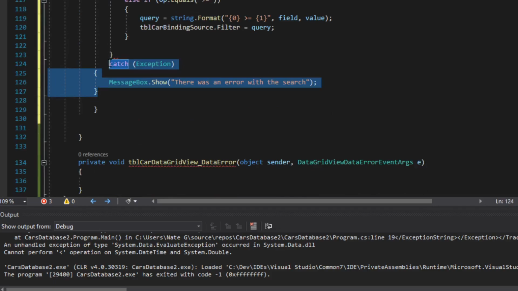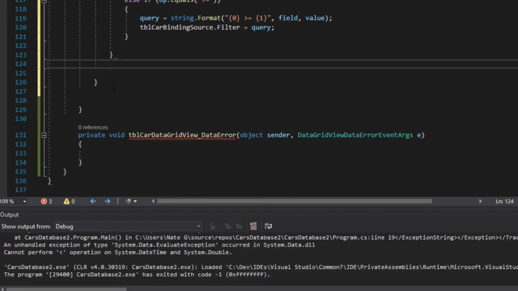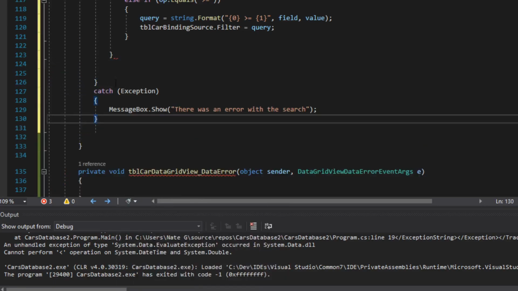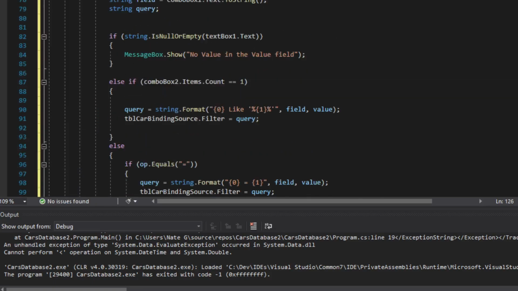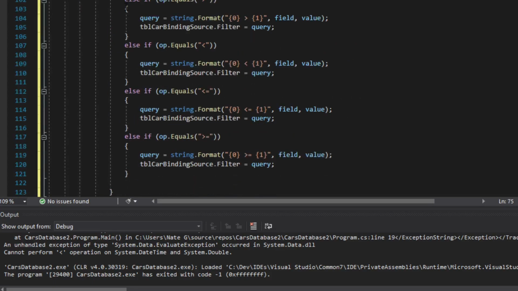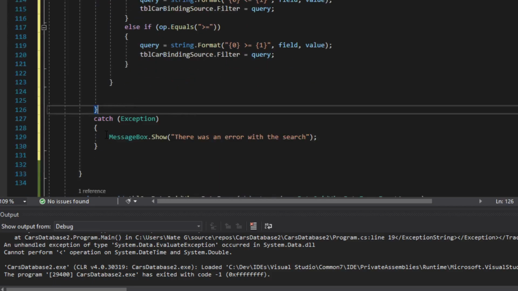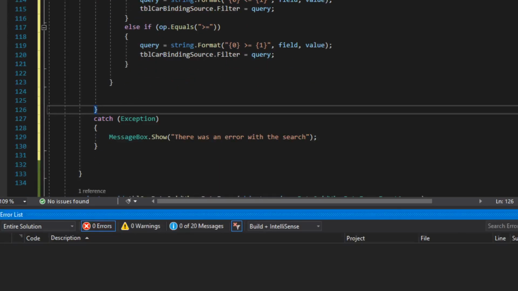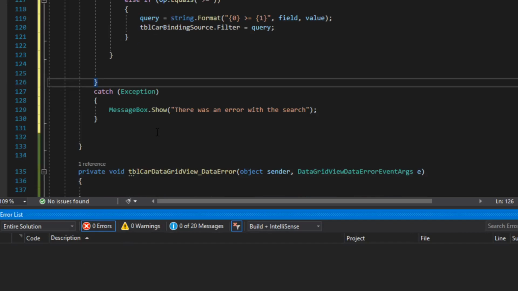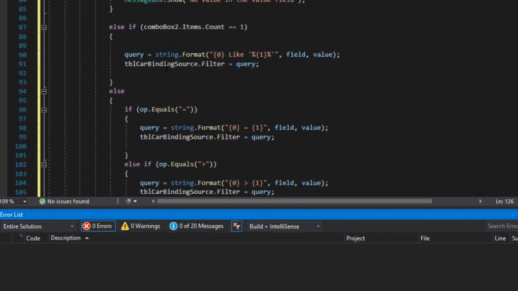I put it in the wrong place. I think that's okay. So if we run it now,